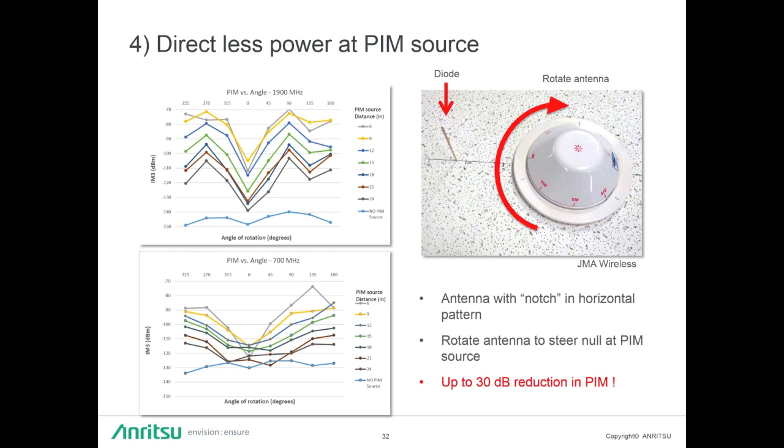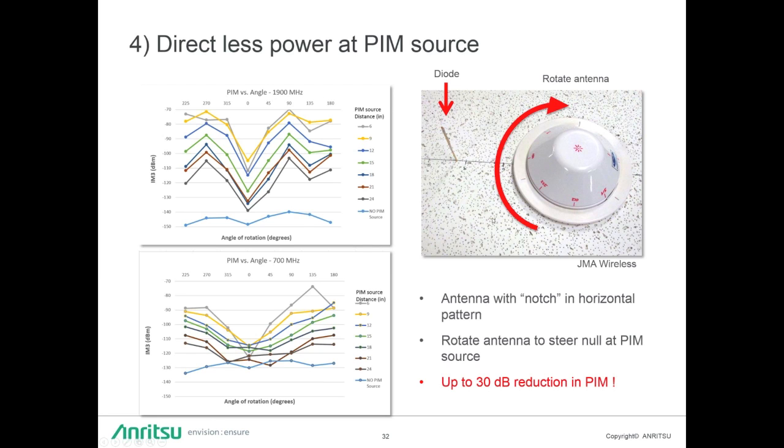And then finally, this is one I find interesting. Another option is to reduce the amount of power that you're radiating at the PIM source. So in most antennas that you see, it's an omnidirectional antenna, meaning that the radiation from that antenna is going to be equal in all azimuth directions. In this particular case, this is an antenna supplied to me by JMA Wireless that has a notch in the pattern, meaning that in one direction of this antenna, the gain is intentionally reduced so that if you have a site where the antenna is installed and it's causing PIM, I can take that antenna out and replace it with this notch beam antenna and rotate the antenna until I steer the null in the pattern in the direction of